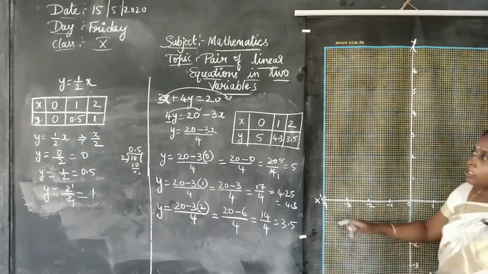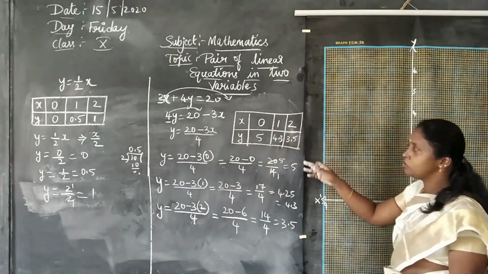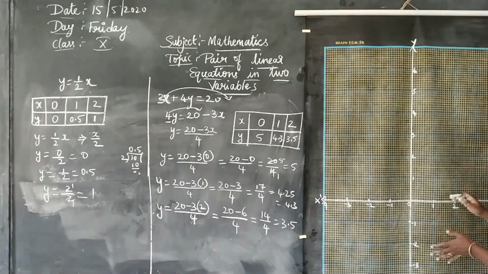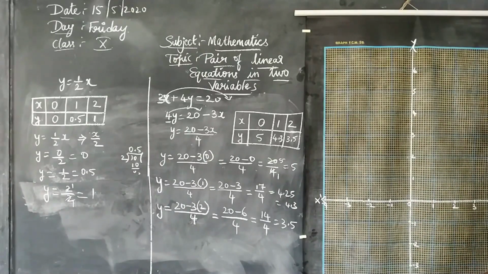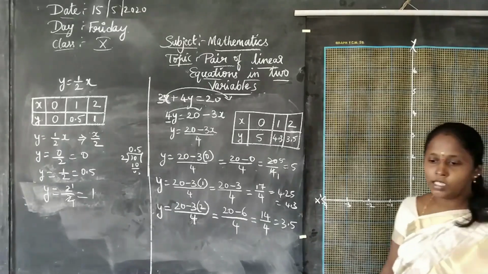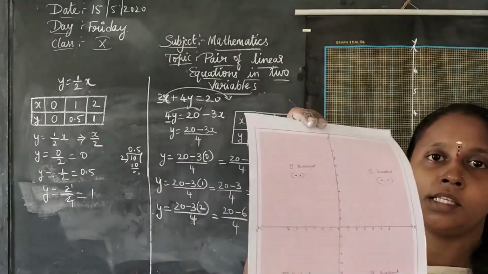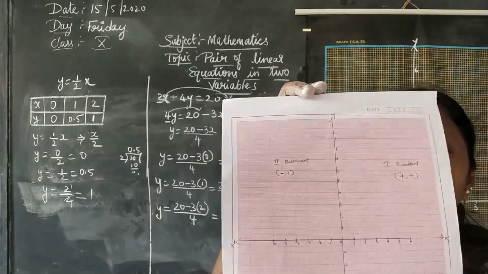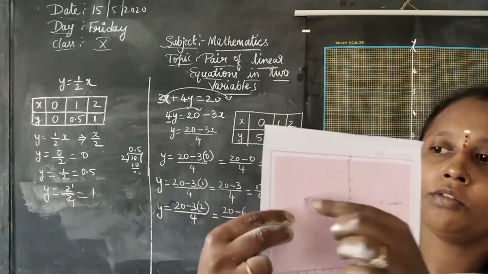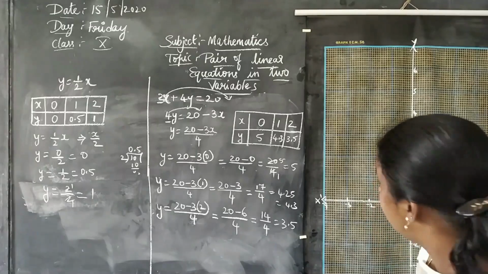And now look at this: 0, 1, 2, 0, 0.5, 1, 0, 1, 2. Everything is within small values, right? I can take, this is what I told you, exactly 1 centimeter measurement in your graph sheet. The graph sheet I showed you yesterday, again I am showing here. Please see, this will be a graph sheet marking like this. Each part will be 1 centimeter. That is what I am showing on the chart also.